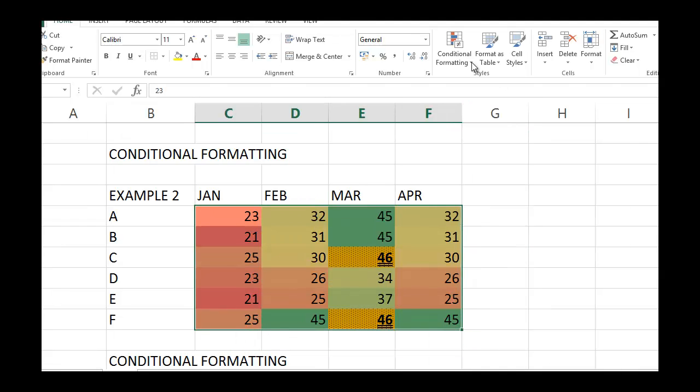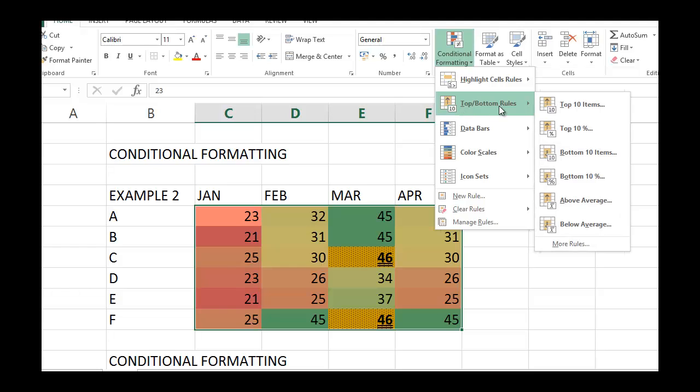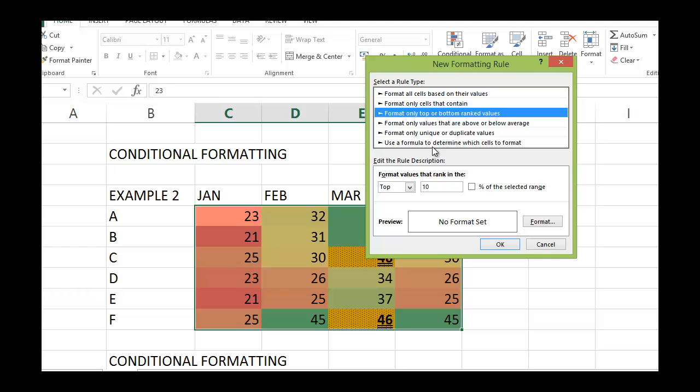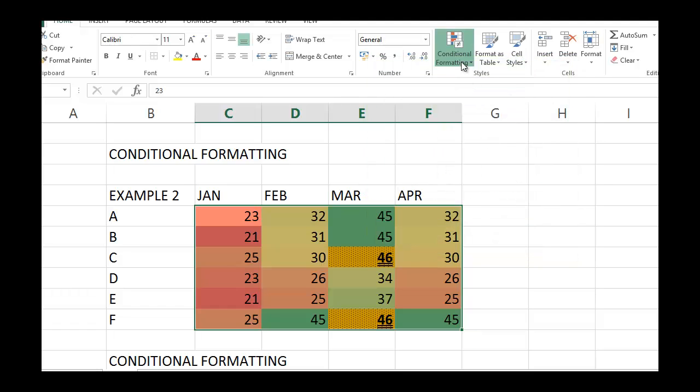Let's see what else we have here. We have got top and bottom rules. Top 10 performers of the class, bottom 10 performers of the class, above average, below average, and I'm sure we have got other interesting rules here. Top percentage, 20%, 40%. You have the custom selections here and further detailed options to select unique value, duplicate value, and a particular cell which contains any rules or regulation or anything like that. So you have got plenty of options to play with to do any kind of operation.